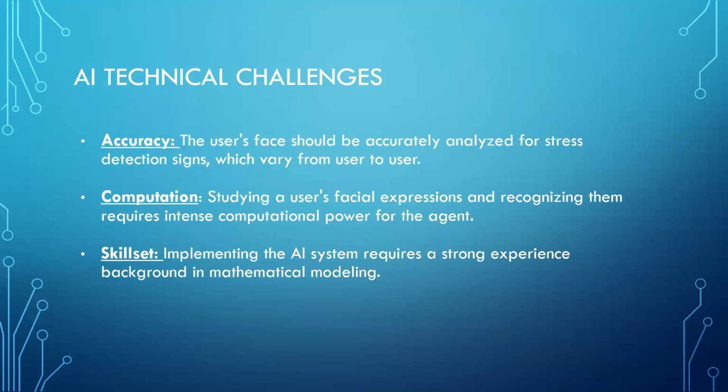So next up, we have the technical challenges. We have a challenge of accuracy. We need a lot of data, as we know that AI is data driven. So when we have little data, then the accuracy is going to be greatly affected. So we need a great deal of data of different faces so that we can analyze. And when we take it into the real world, it can analyze